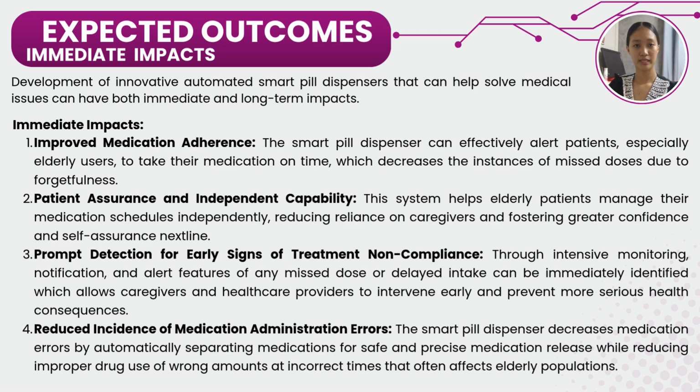So for our expected outcomes, the development of an innovative automated smart pill dispenser that could help with medical issues could have immediate impacts and long-term impacts. So for the immediate impacts, we have first the improved medication adherence. The smart pill dispenser can effectively alert patients, especially elderly users, to take their medication on time, which decreases the instances of missed doses due to